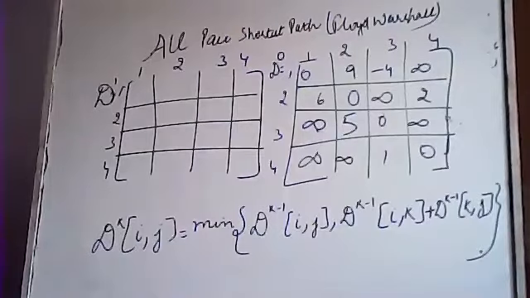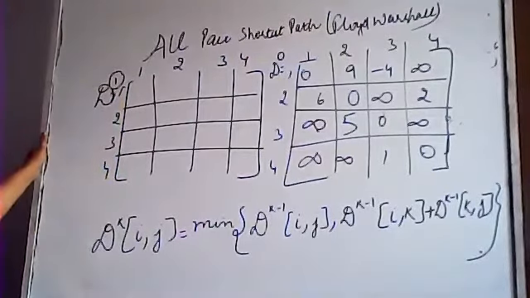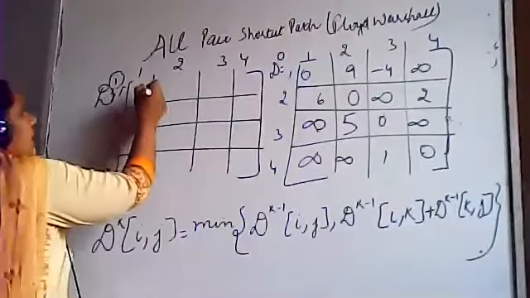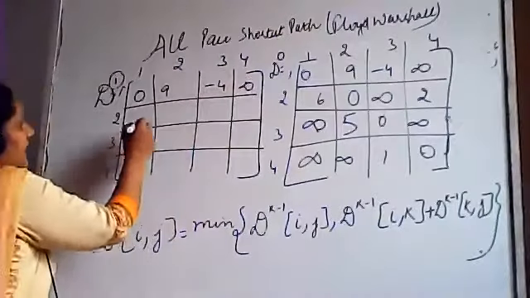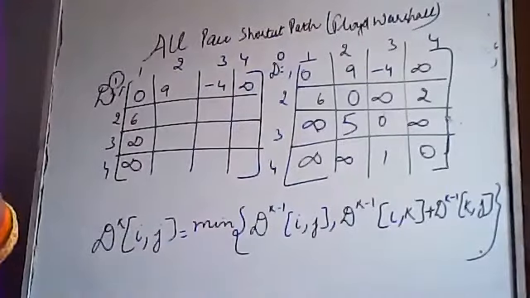Now, what is the rule to fill this? First step, you have copied it from the graph. Now what do we do in the second step? Whatever is written there, what is the power of D? 1, because we are calculating the first iteration. Whatever the number is, we copy that row number and column number the same. So it is number 1. Keep the first row and the first column same from D0: 0, 9, -4, infinity, 6, infinity, infinity. D's degree is 1, so copy row number 1 and column number 1 from the D0 matrix to the D1 matrix with no changes.